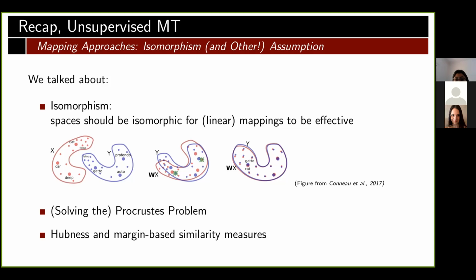One was that this isomorphism might not be true for distant languages. The other one was that embeddings, being high-dimensional entities, have what is called the hubness problem. That means that there are some words that are really close to lots of other words, so they are like hubs. So it's difficult to get a translation for these words because they are really close semantically to all of the other